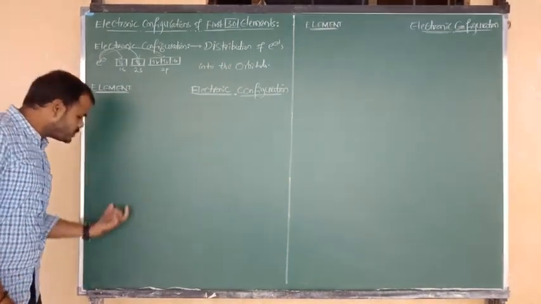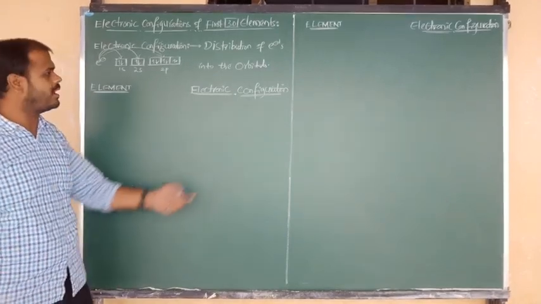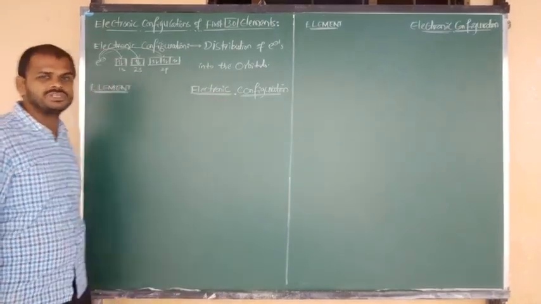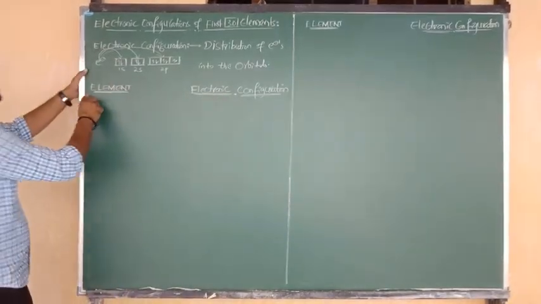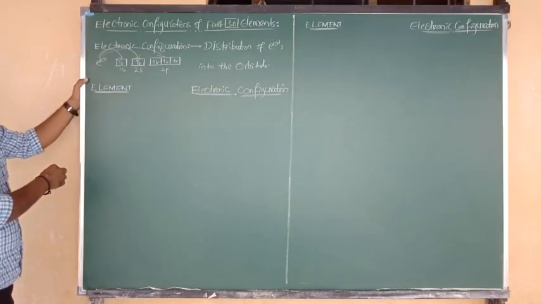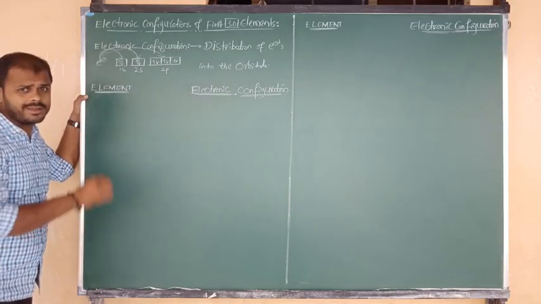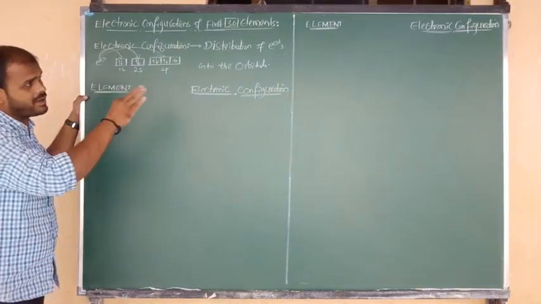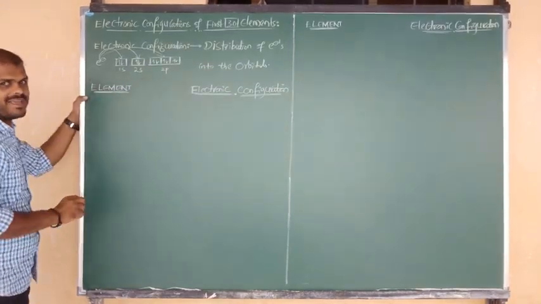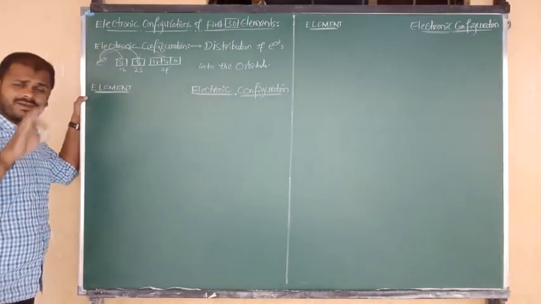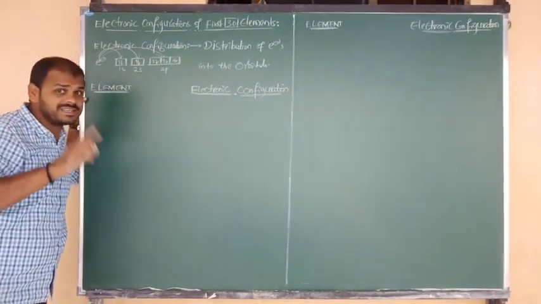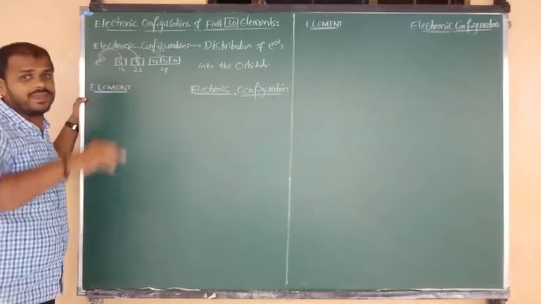On one side I am going to write the element along with its symbol, and on the other side we are going to write the electronic configuration. First I am going to write the element. What is the first element, beta? Hydrogen. I can't write all the names here, so I will just mention the symbols due to lack of time. In our regular PUC classes, we will discuss this clearly, and once again I will give you the list.